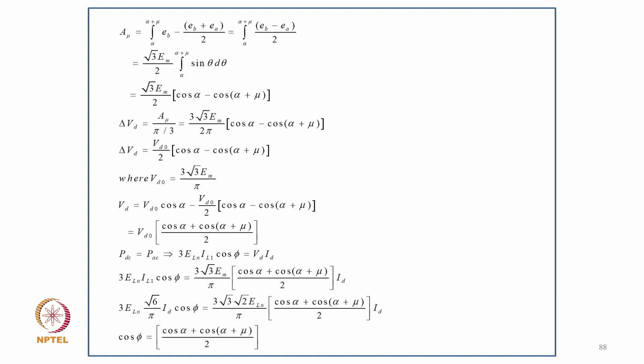So Au equals the integral from alpha to alpha plus mu of (EB minus EA) upon 2, which equals root 3 Vm upon 2 times the integral from alpha to alpha plus mu of sin theta d theta, equal to root 3 Vm upon 2 in bracket (cos alpha minus cos(alpha plus mu)), and delta Ed equals Au upon pi by 3, that is 3 root 3 Vm upon 2 pi in bracket cos alpha